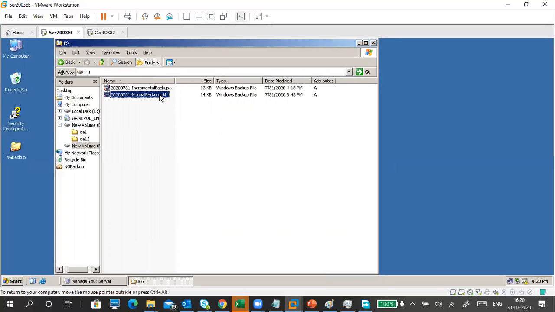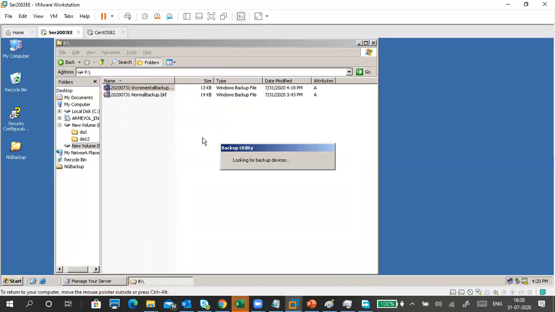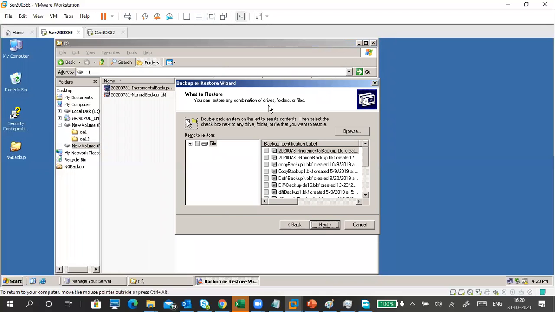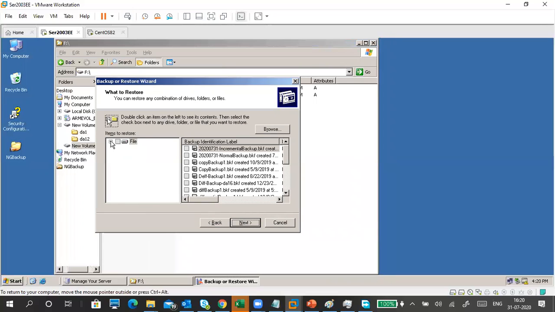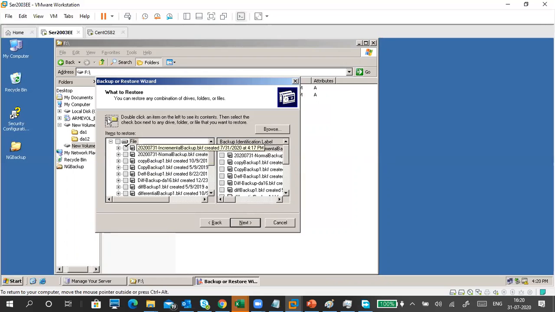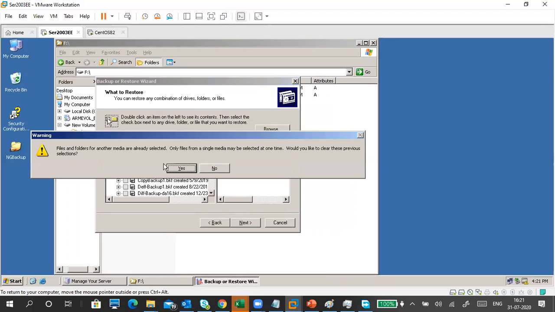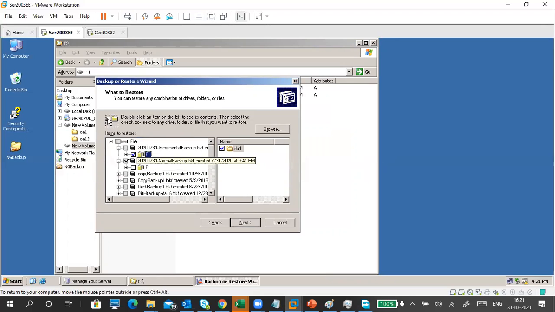Then, this is an incremental backup. Always restore the file, and then choose which one you want to restore. There are a lot of backups, so I want to restore this one as well as this one. Okay, it will select only one, so I'll select only one.